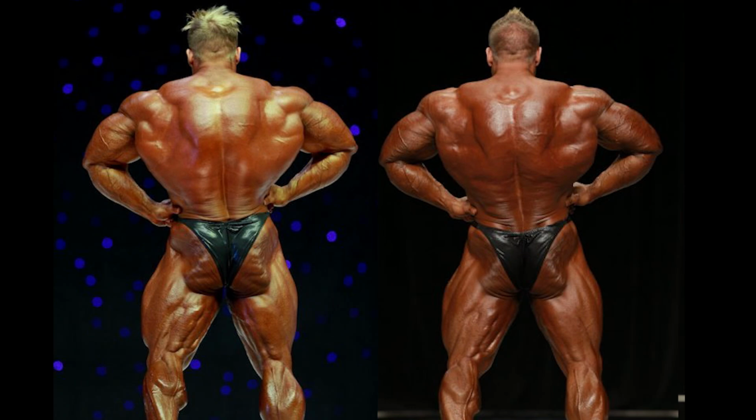The rear lat spread is interesting, as Jay's 2013 lats looked just as wide as 2009 in every other shot apart from this one. In 2009, his lats look like they insert much lower and appear a lot fuller. Moreover, those hamstrings and glutes coupled with that amazing lighting look so much better and pop a whole lot more for 2009. This might just be Jay's worst pose for 2013, as he really does look like a shell of